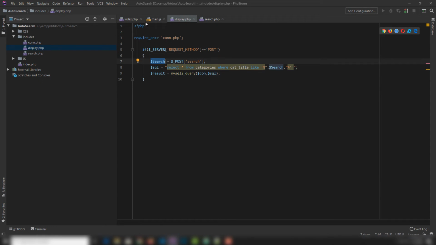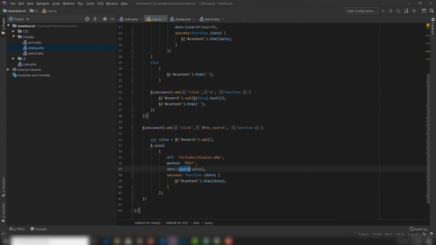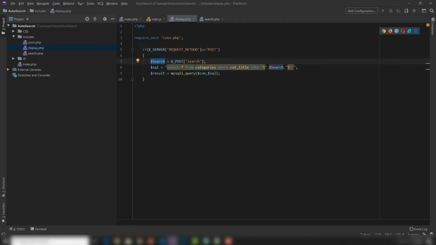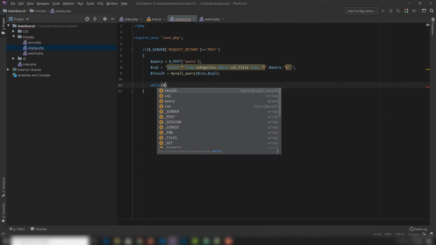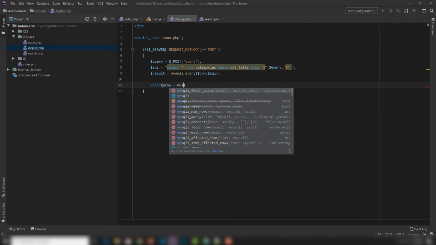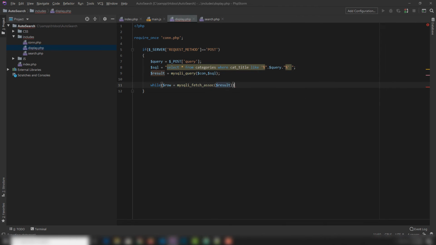This is a variable. You need to copy this one variable and paste it there and leave everything the same, but I'm going to change it. You can write any name, right? This is a query. You need to pass this one query variable there. Now inside this one you just use a while loop, make a row, call mysqli_fetch_assoc, result variable, curly brackets,